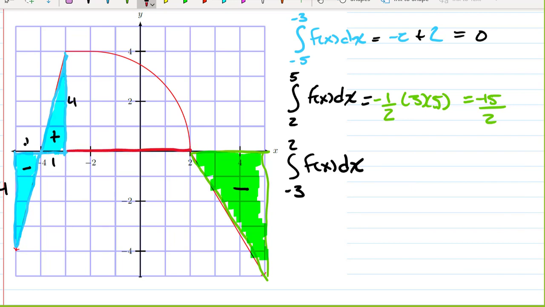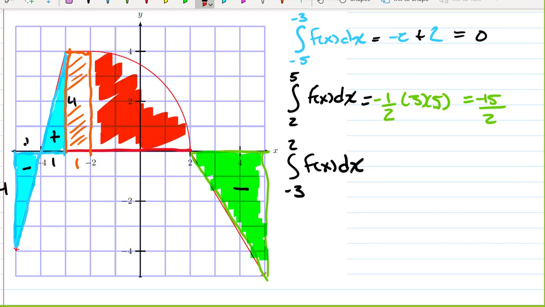And we have to be a little bit careful when we do this. It's a little tricky if we're not paying really close attention. This is actually two different regions. There's a rectangle right here with width 1 and height 4, and then it transitions to a quarter of a circle here